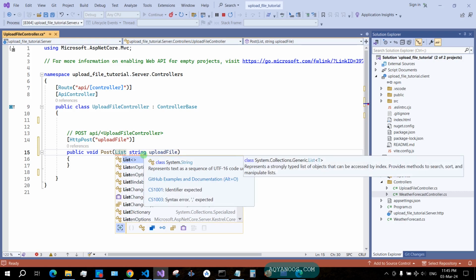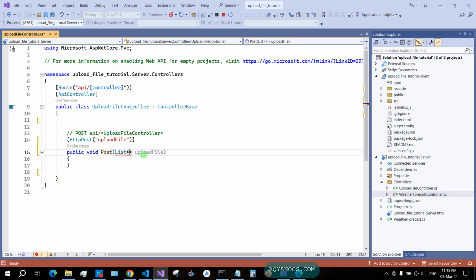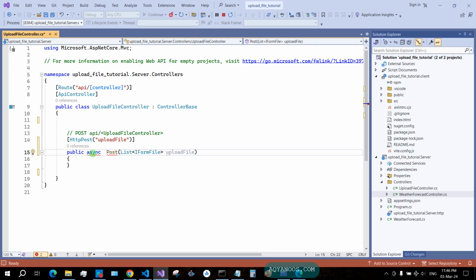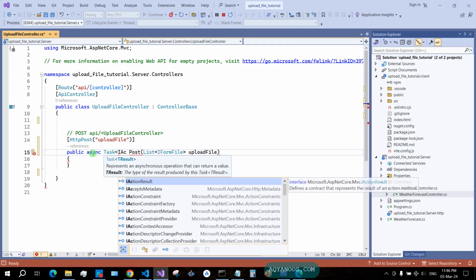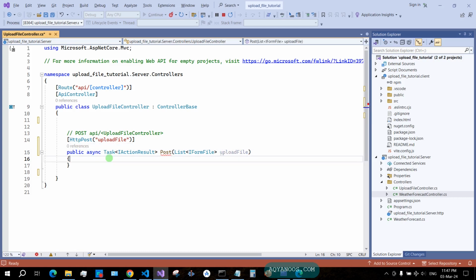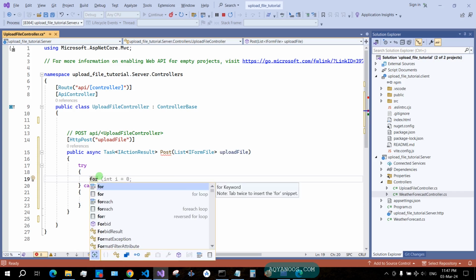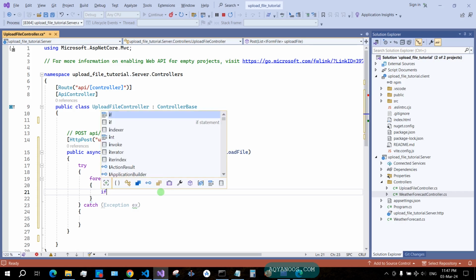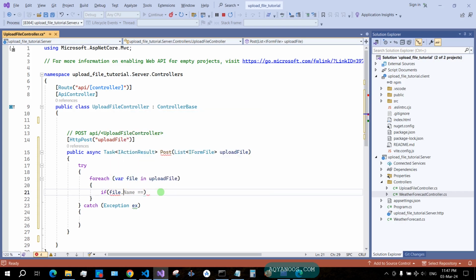Because we are going to upload multiple files, we use here a list of IFormFile. So we want it to be also asynchronous: public async Task<IActionResult>. Open here a try catch block. So for each var file in uploadFile, if file.Length is greater than 0,